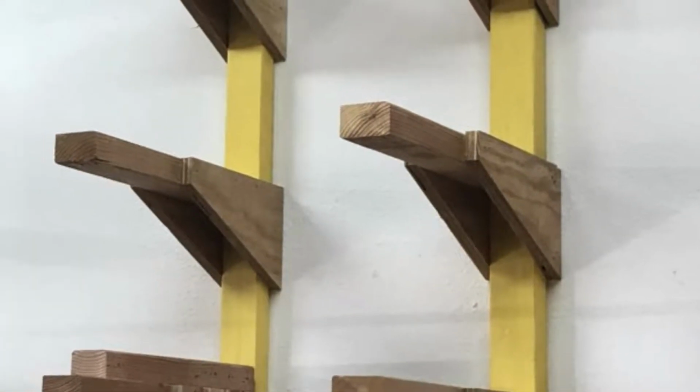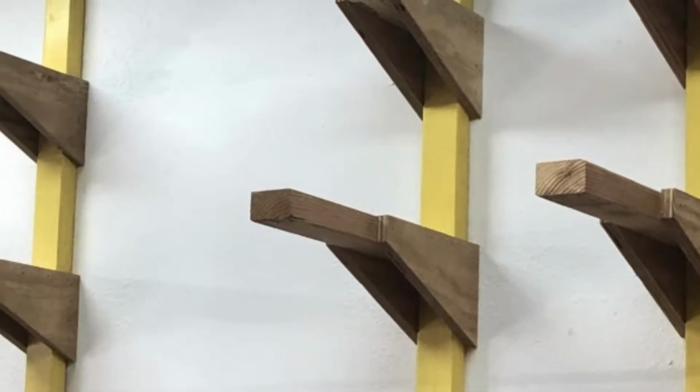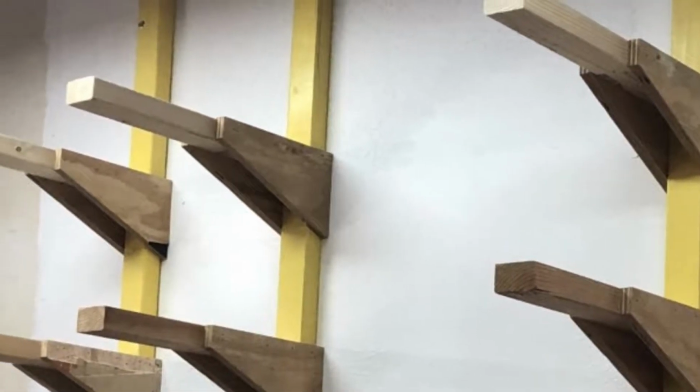It's another beautiful day and we're back in the shack continuing the work on our lumber rack. I'm Rick and this